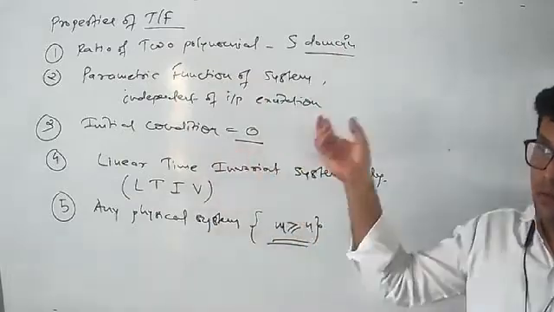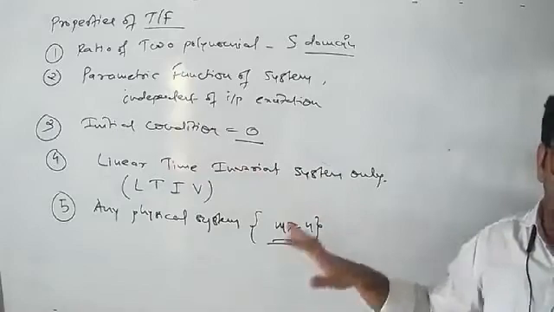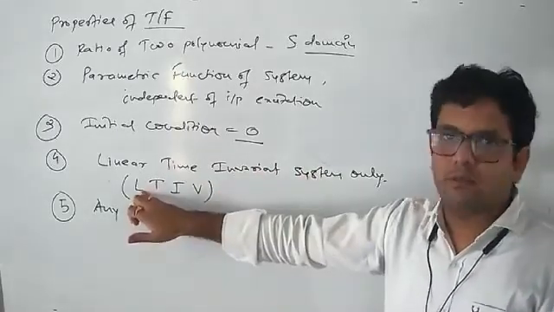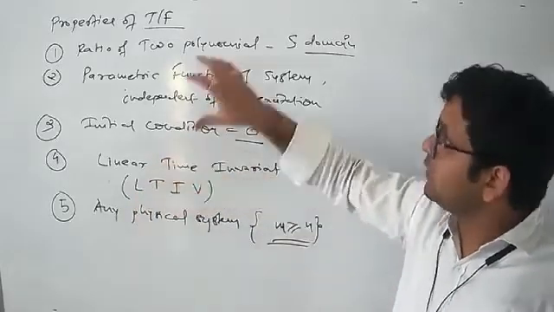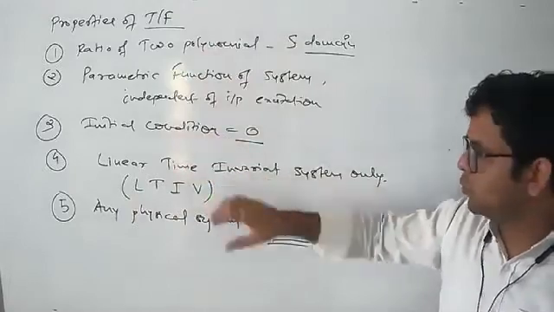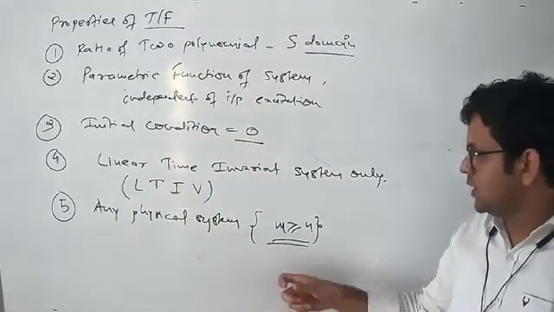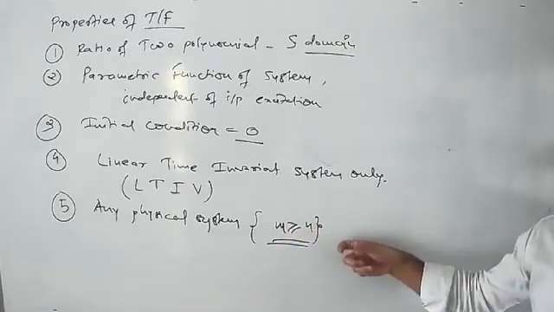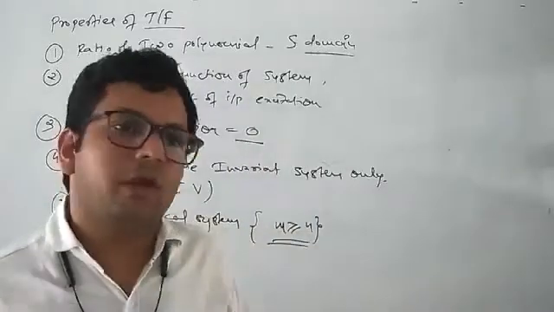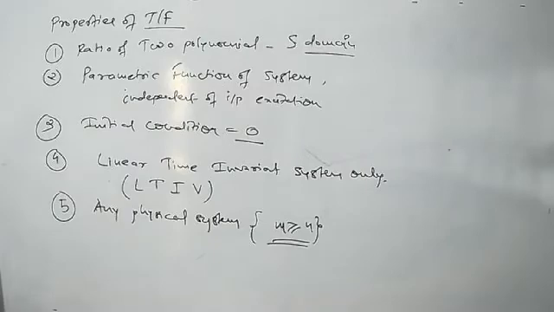That is the reason in the first lecture of control system I told you that linear time invariant system plays an important role, and normally we assume in most cases the type of system is of this fashion. The logic, or the concept of transfer function, is applicable to this type of systems only. Then point number 5 is, for any physical system, the relation between m and n is defined by this equation. That means the value of m is always greater than or at the max equal to n. So these are the properties of transfer function.